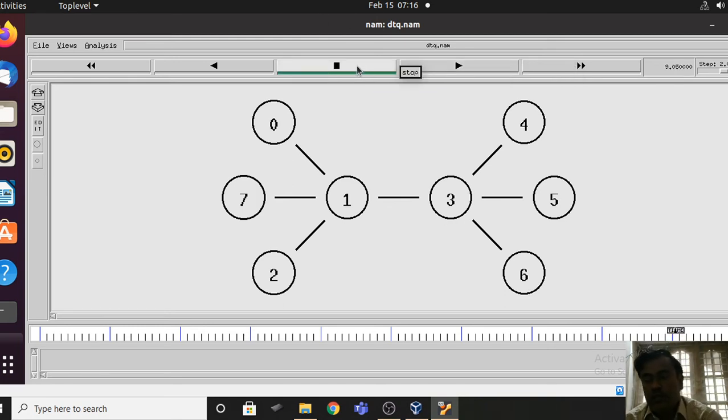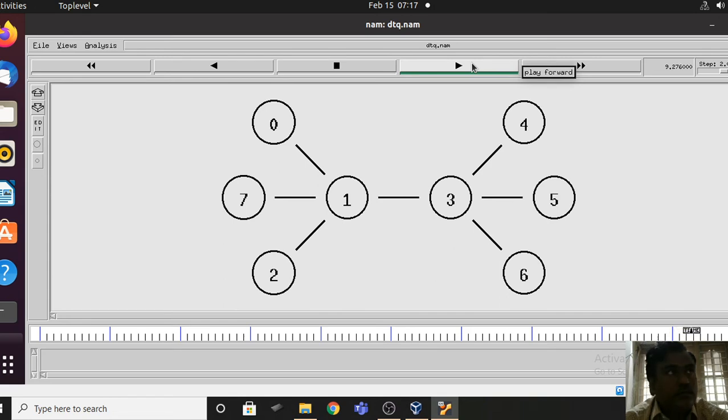So the data transmission has been stopped, and when it reaches the 10th unit of time, the simulation is going to end. Yeah, we are about to reach it.